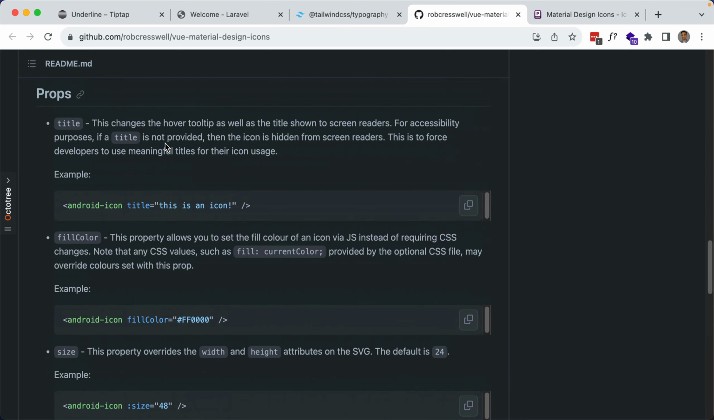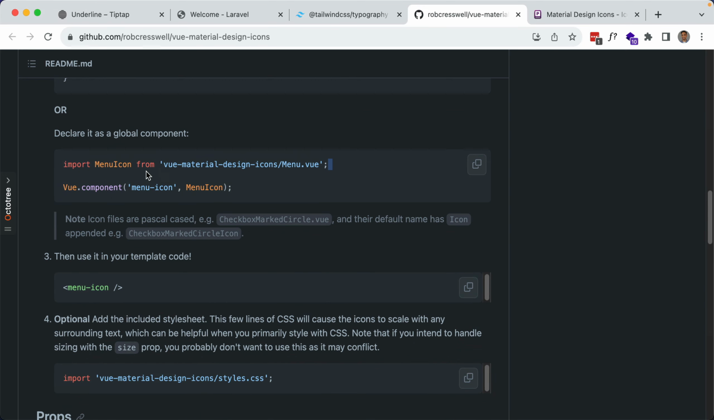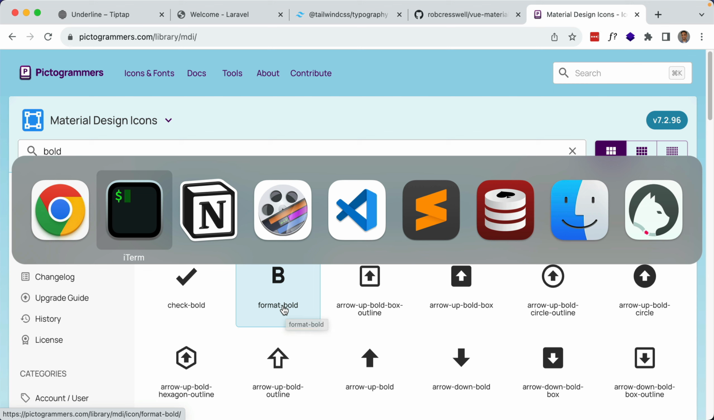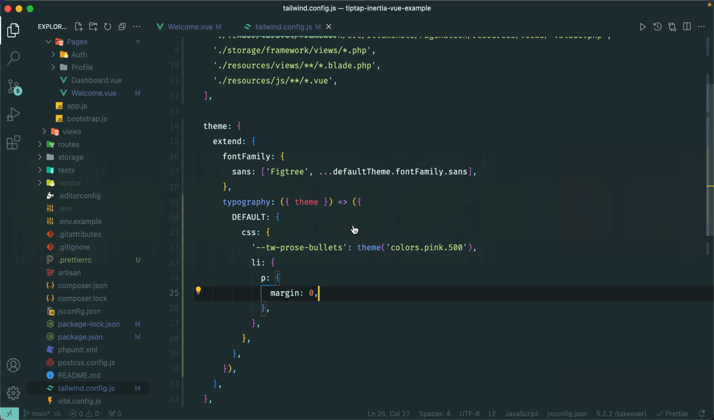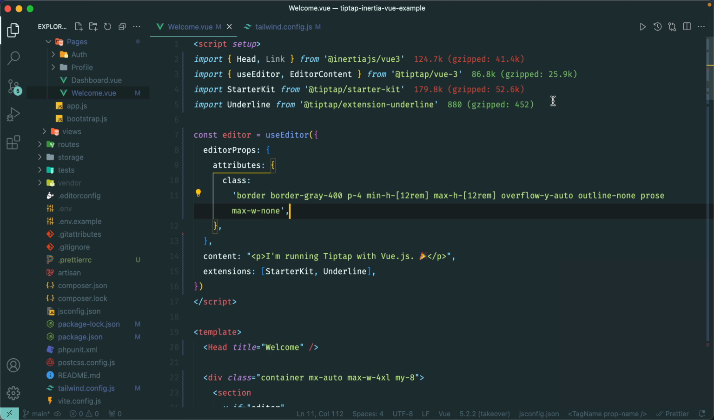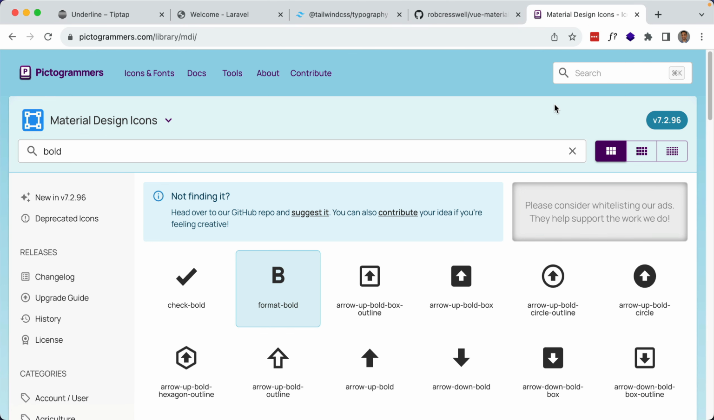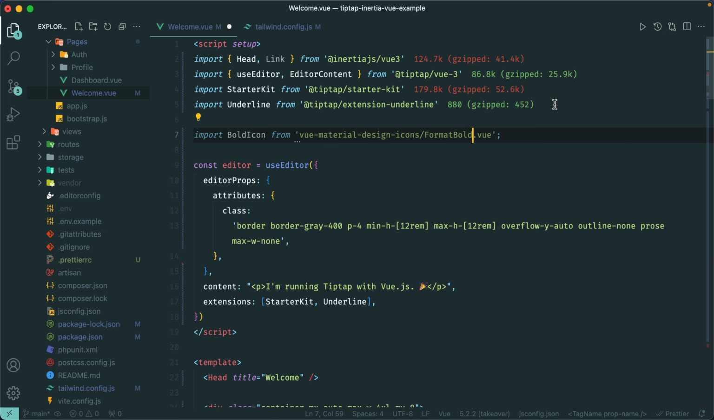So let's take a look at this here. Let's grab this. So this name here corresponds to the name of the icon. So in this case, it's format bold as title case. So without the dash, and with F uppercase and with B uppercase. So let's go ahead and import bold and try it out. So back to our welcome view. Import. We can name it whatever we like. Bold icon. And then it's from format bold, because that's what it's called here. Okay. And then to use it,